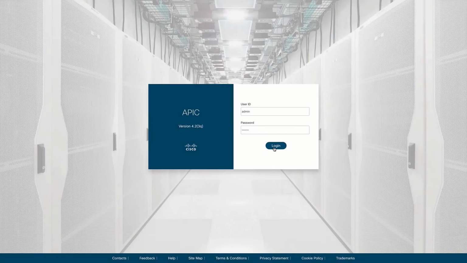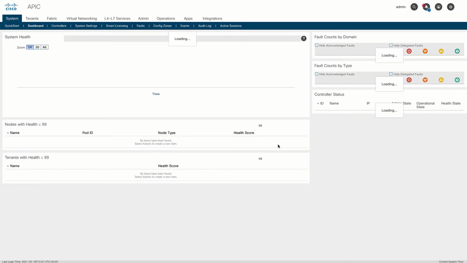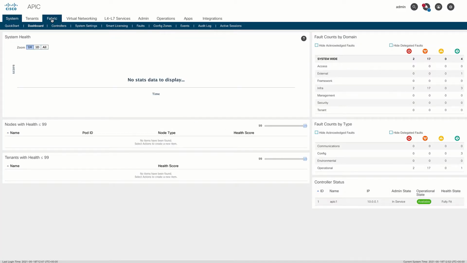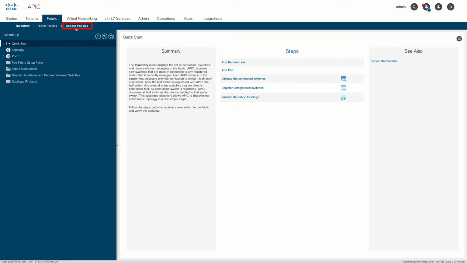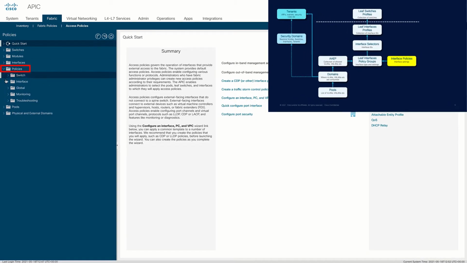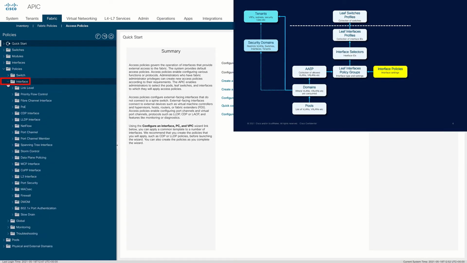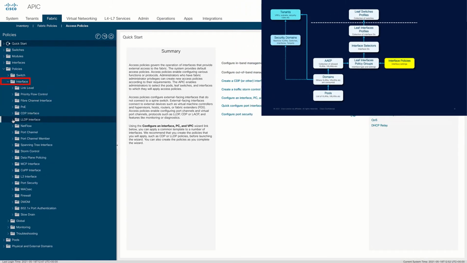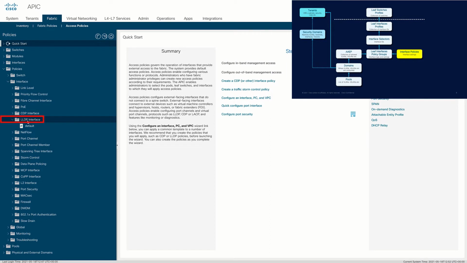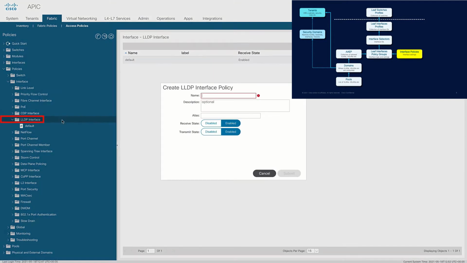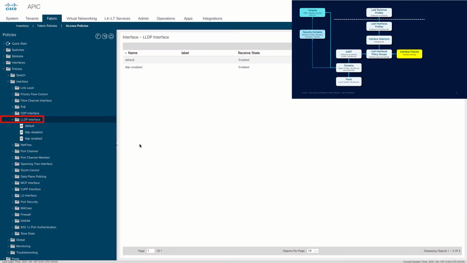So what I'll do is log back onto the simulator that I've got running, and we're going to delve over to the Fabric tab, the access policies, and then open up the policies and look at the interface policies themselves. As you'll see, there's a number of them, and I'm going to create a couple of policies for LLDP. There's a default policy there, and we'll look at that in a short while. But first thing I'm going to do is make a couple of explicit policies. So one for LLDP enabled and one for LLDP disabled,